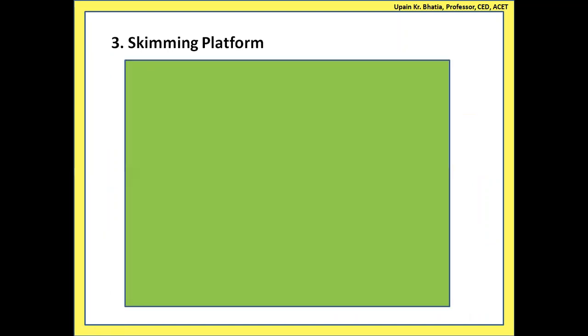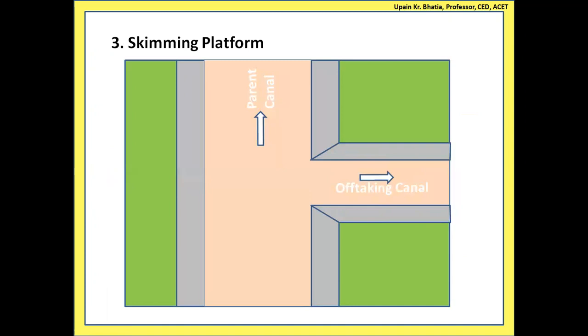Now, if you see in the similar diagrams over here, we make a concrete floor over here. Then these are the thin walls, which they are calling piers. So very long piers, but thin. Thickness should be as small as possible because it should be obstructing the parent canal flow less and less. If the thickness is kept higher, obviously this will be obstructing the flow into the parent canal. So their thickness is to be kept smaller, and parallel to the parent canal, a series of piers